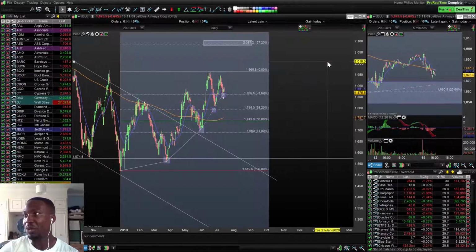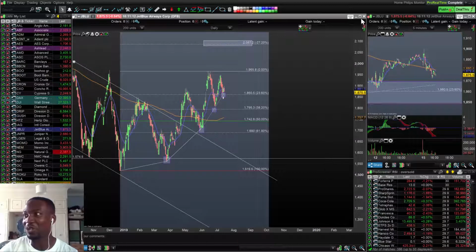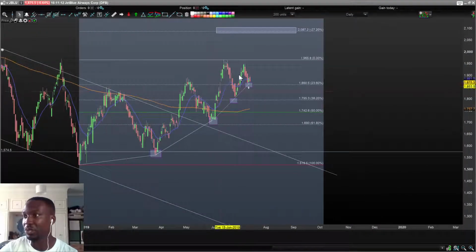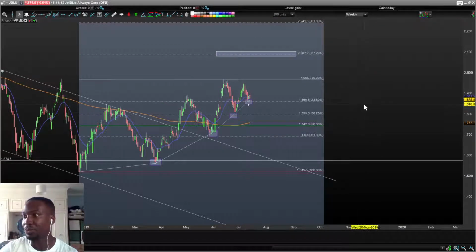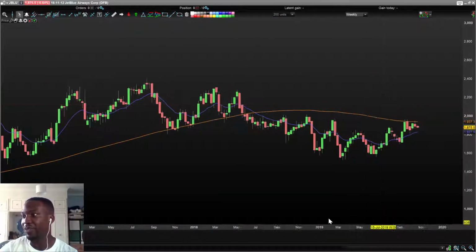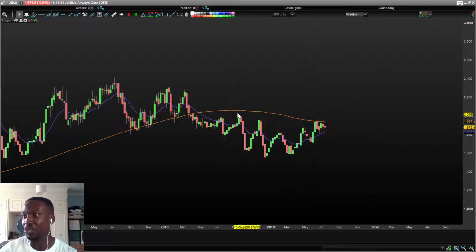JetBlue. So I made all these big claims about JetBlue, and I don't know if I want to stand by them now. I thought it was going to go up to $21. But I realized that when you look at the weekly chart, it's really fighting the 180-day simple moving average. The 180-day simple moving average on the weekly chart is acting as a resistance, and I thought it would